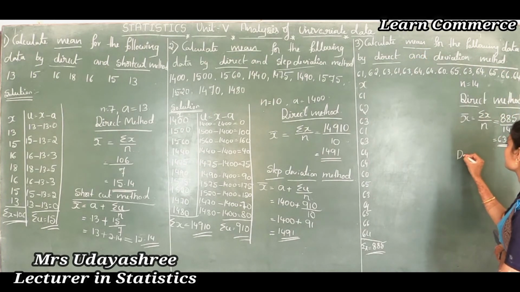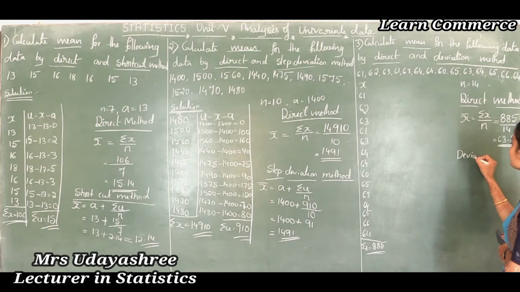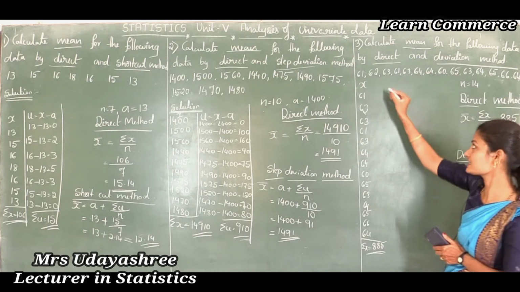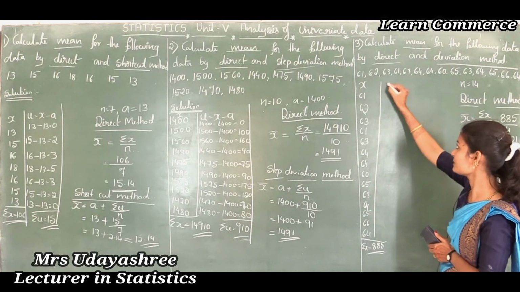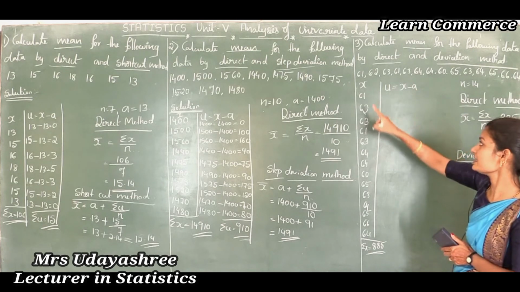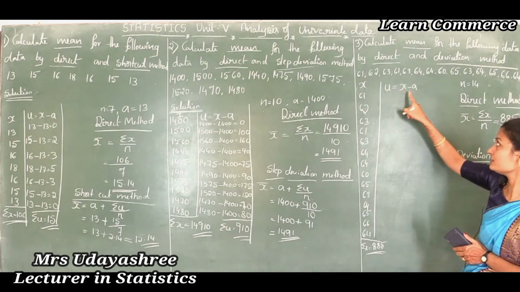Okay, let's see how to calculate mean in deviation method. Next is the deviation method formula. In ungrouped data case, to calculate mean, the deviation method formula is x bar is equal to a plus sum of u divided by n. Here x observations are there. Next we need to calculate u observations. To calculate u, the formula is x minus a. We need to find a.